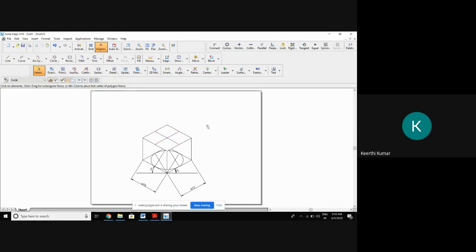I hope you are done. Yes, sir. Done. Then we got a vertex. We want to finish the cone first. So from here, draw the line to the tangent. So yesterday somebody has shown, they have drawn the line till here or somewhere here. No, it is wrong. Draw the line till the tangent of this curve.